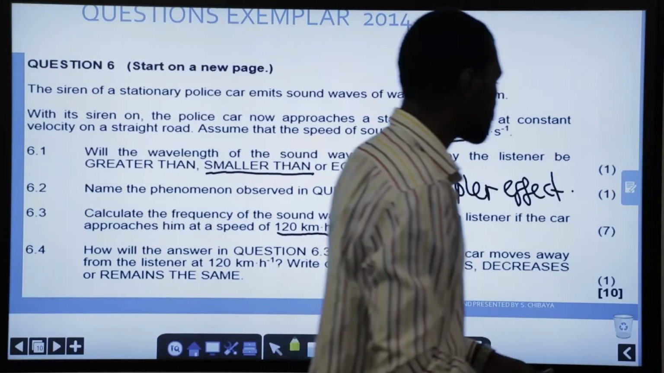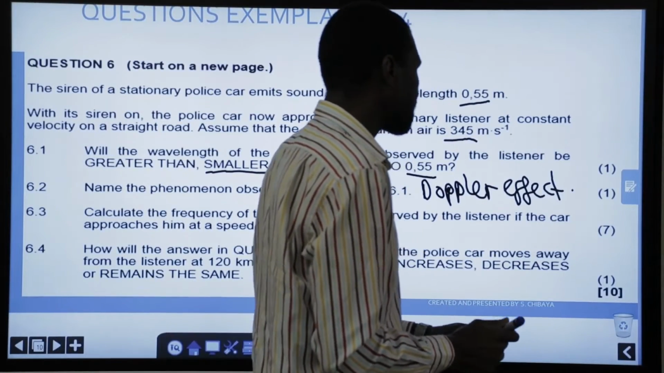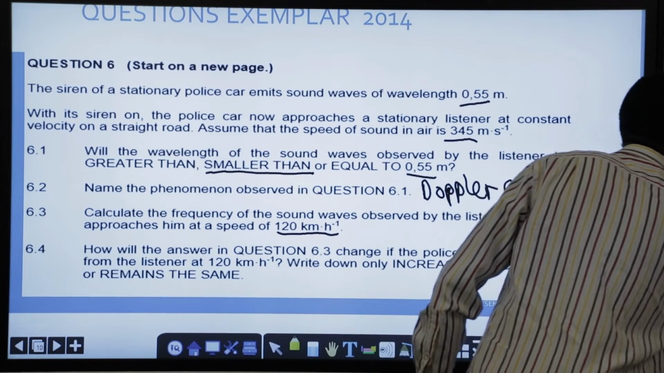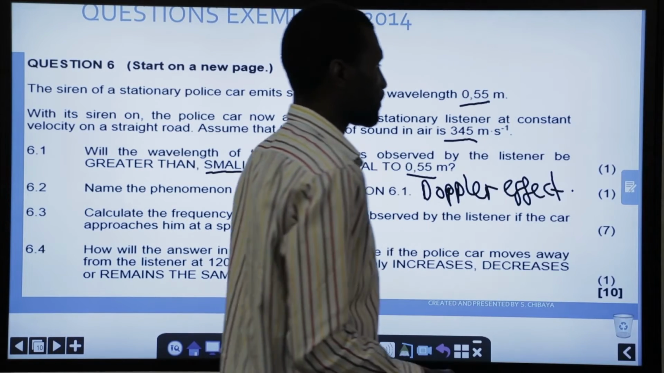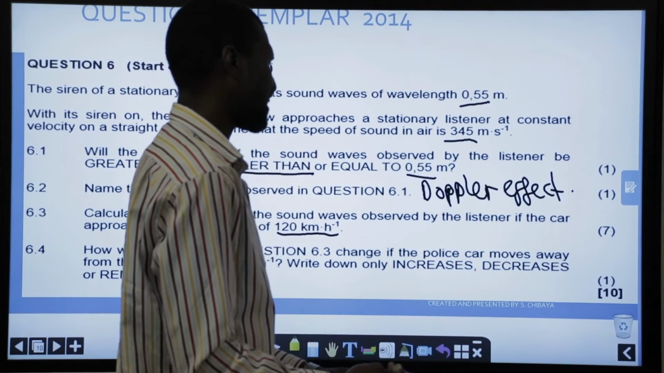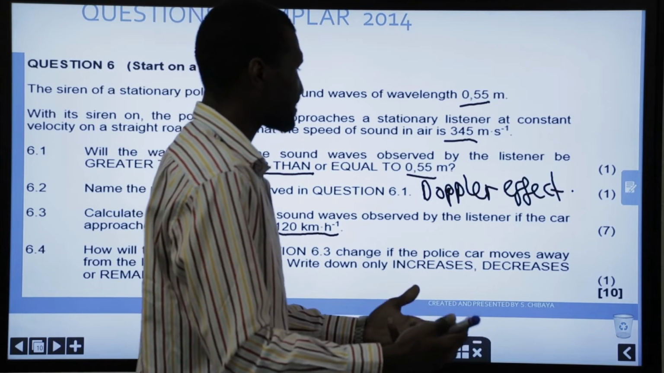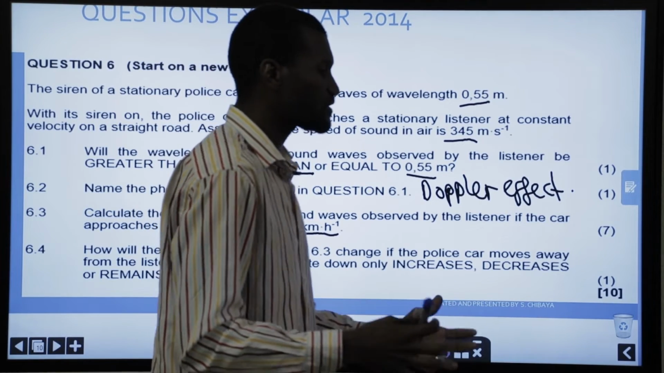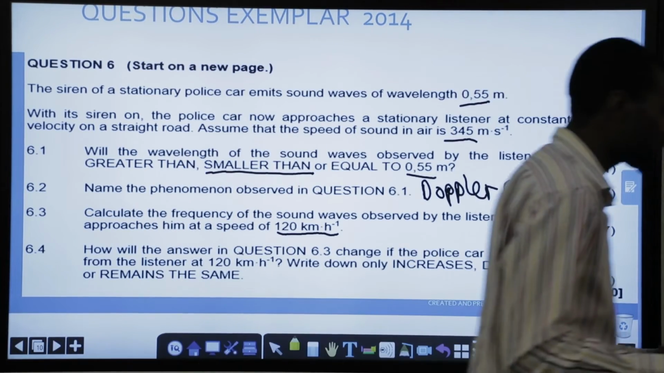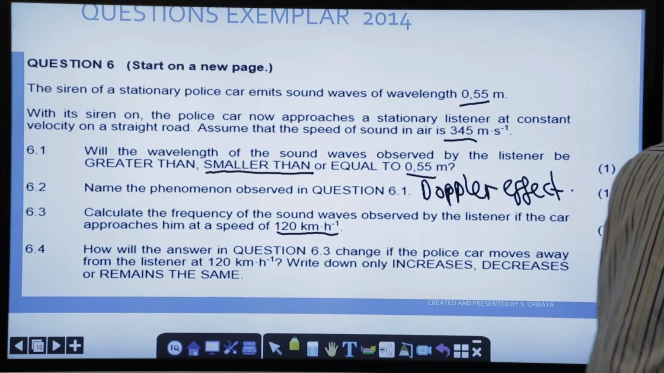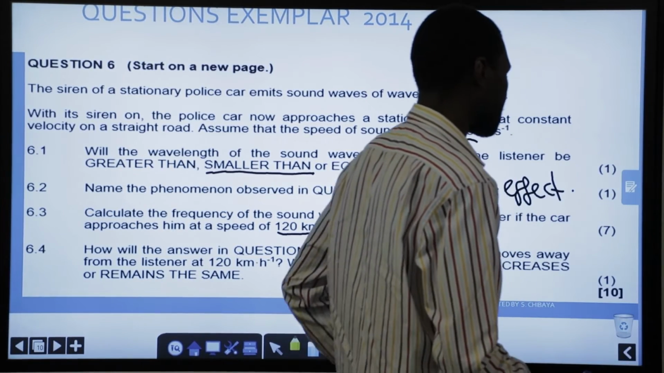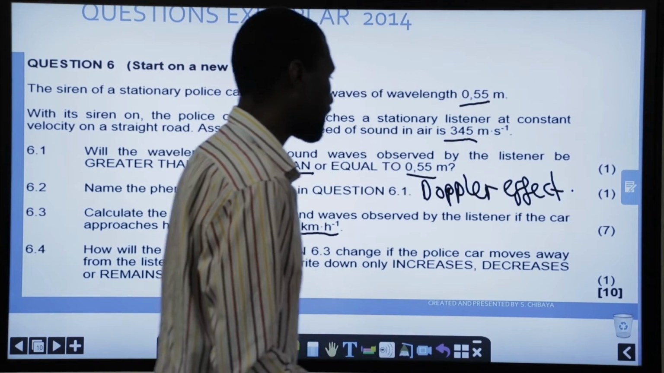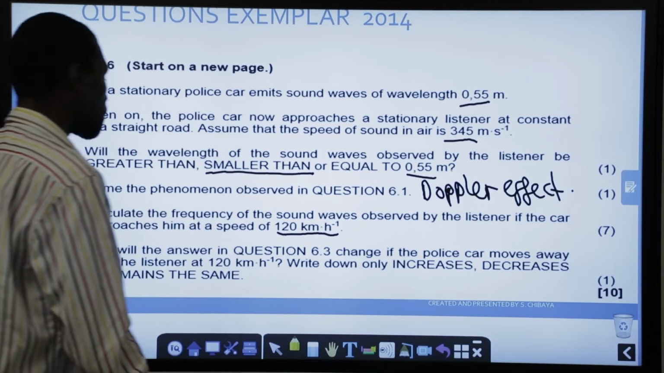Let's try to make sense of this. Is the frequency higher than the frequency from the source? Yes, it is higher. Does it make sense? Of course it does. The frequency observed by the listener when the object is moving towards the listener has to be greater. There is your final answer, and we move on to question